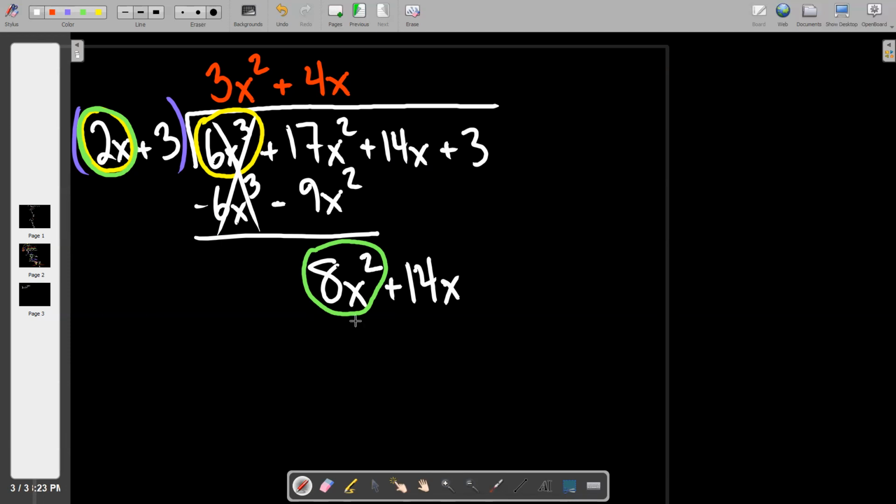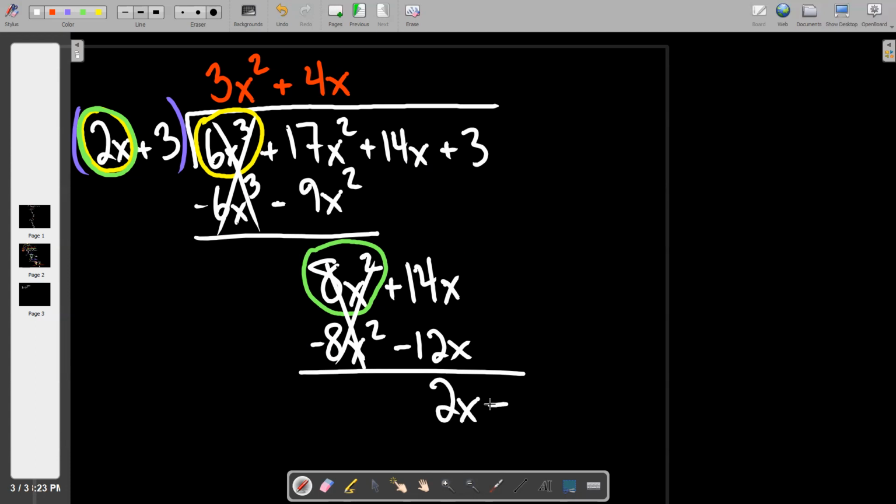Good. And so I'm going to put it in as a minus 8x squared. And instead of a 12x, I'm going to put it in as a minus 12x. Nice. And then I'm going to cancel out the part that, I mean, this doesn't cancel because we're lucky. It cancels because we made it cancel. Right. So those cancel. And then we add together what's 14x and negative 12x. And then we bring down the 3,